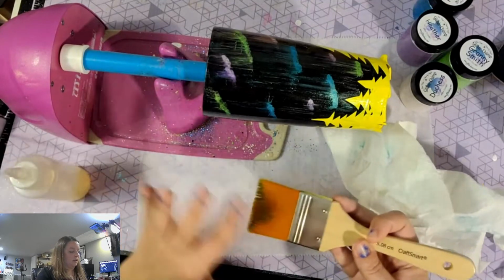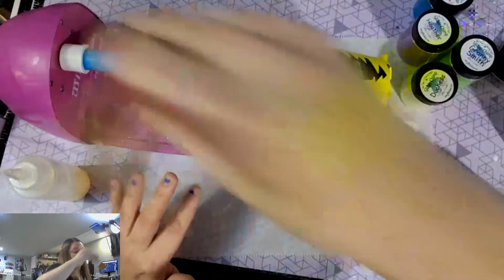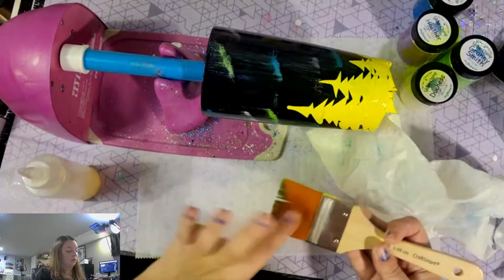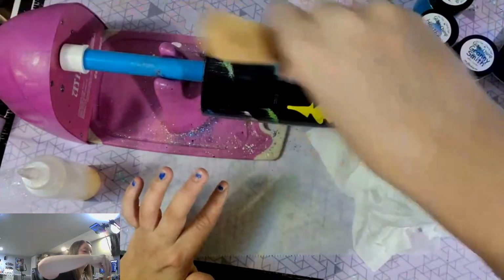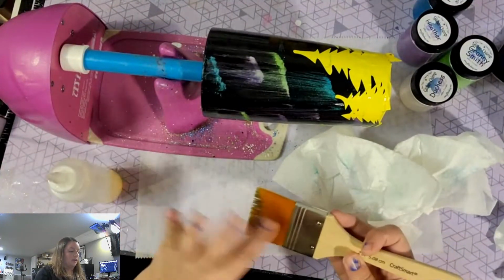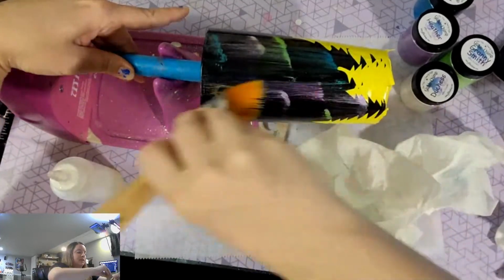But this got even, okay, so I did do a thin coat, and I feel like it was too thin. So, even with the reducer. So I guess I do recommend getting the reducer for this. Or you could work in chunks too. Because I'm live and talking with you, I'm taking even longer to do this. I probably would move faster if